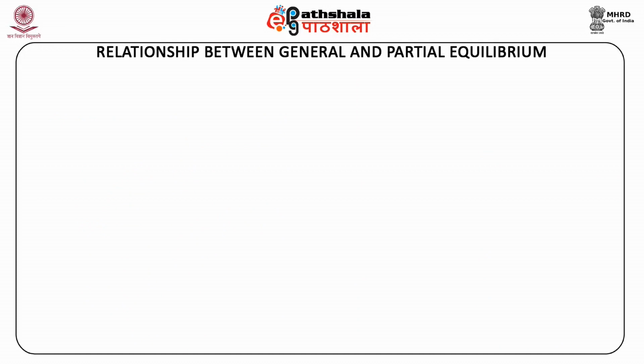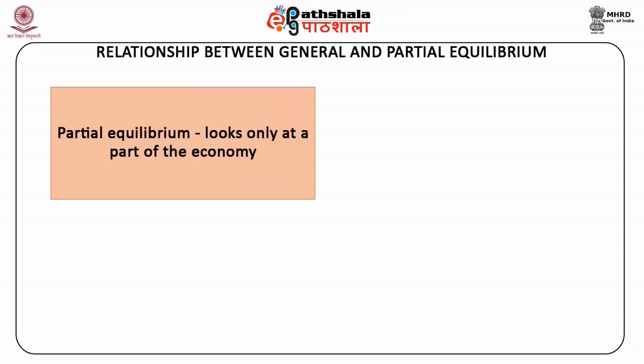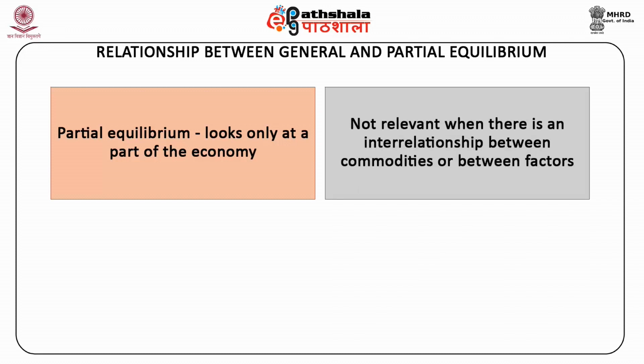Further, we have the relationship between general equilibrium and partial equilibrium. Partial equilibrium looks only at a part of the economy. It leaves out a lot of effects, which limits its use, but it gives results that are easy to derive and are transparent. Partial equilibrium analysis is not relevant to apply when there is an interrelationship between commodities or between